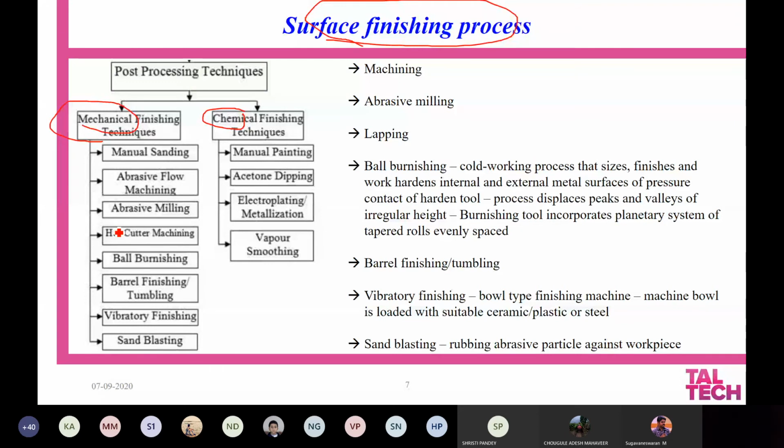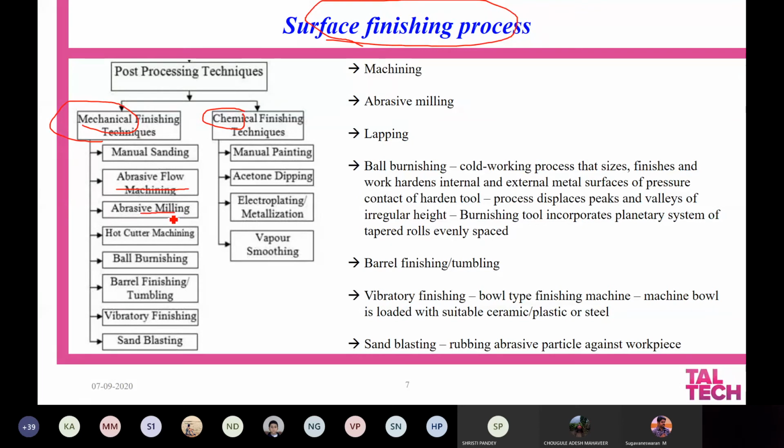There are also options like machine based machining, where you have the actual machining using a tool, and you can also machine it using the flow of abrasive particles, abrasive milling.